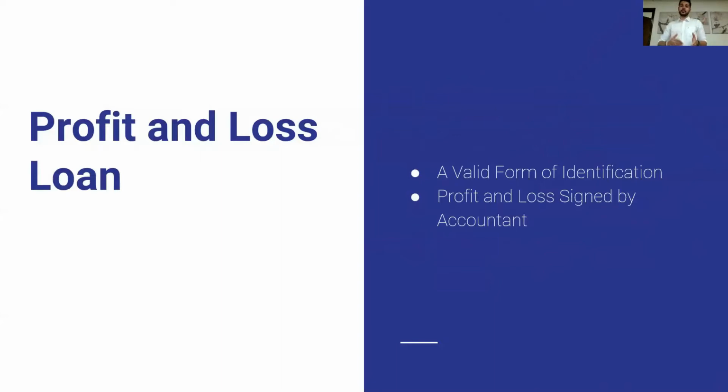And with that profit and loss, I would send it to the bank for the bank to approve on top of your loan. Now, the documentation that we need here is also a valid form of identification. Again, a valid form of identification is basically a passport if you don't have a driver's license, okay? Passport's the easiest way. As long as it's valid, it's up to date, we can definitely use passports in order